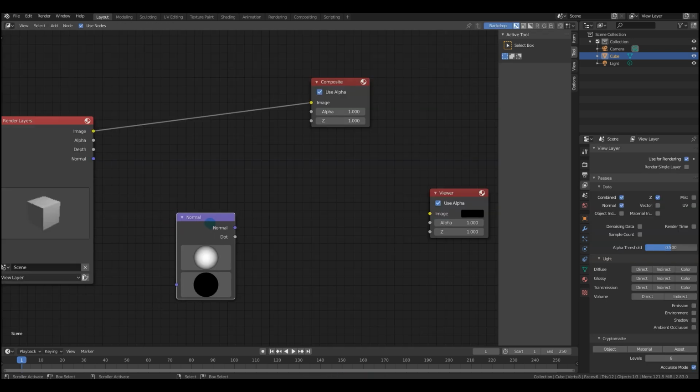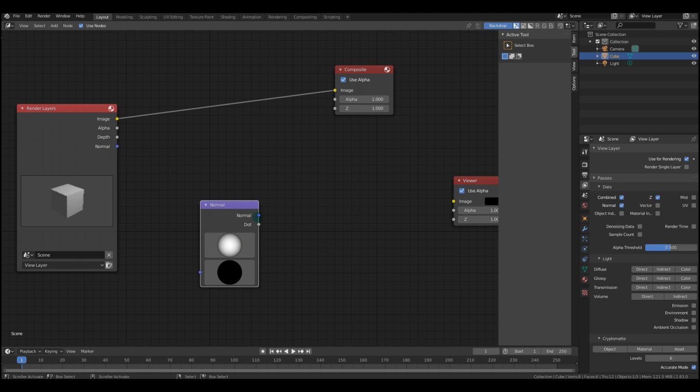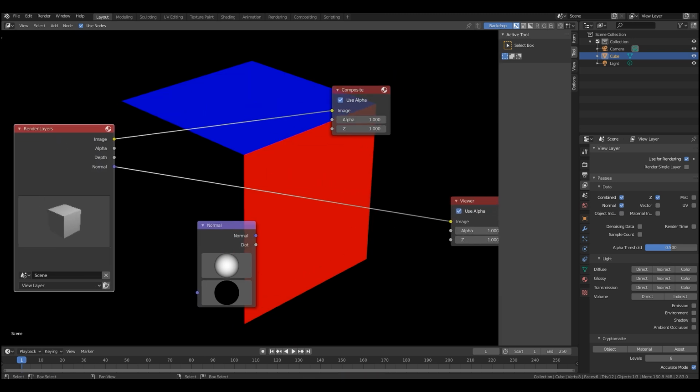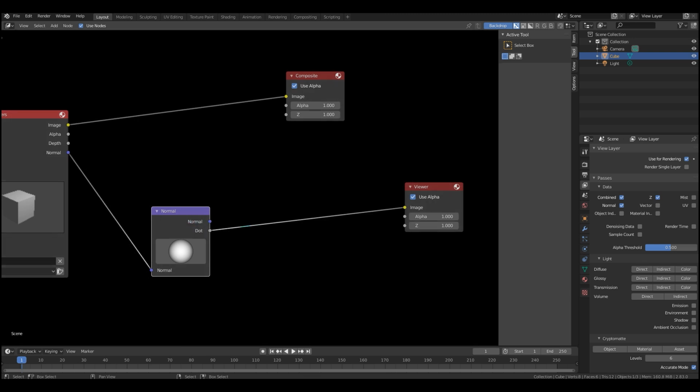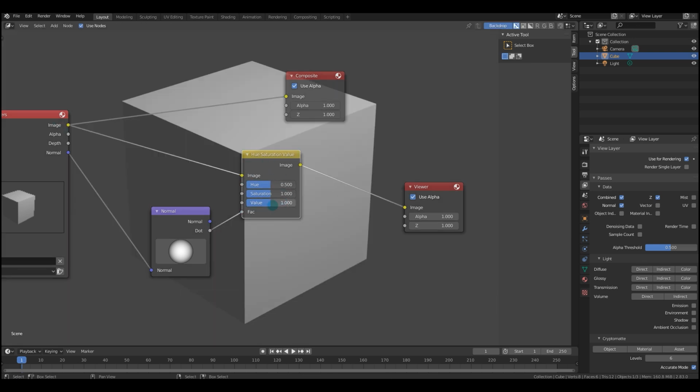Now the normal node produces both a vector output and a dot product output. Now the way you're going to use this is turn on your normal pass and you'll receive something that looks like this. Now, you plug this into the bottom of the normal node, and now you've got both a normal and a dot output, and now you can basically put this into anything with a factor, such as a hue saturation value, plug that into the factor, image into the image. Look at that. So now if I bring the value down on here, we can use this normal ball here to essentially relight the scene. But this will be pretty common if you're making any edits involving vectors.